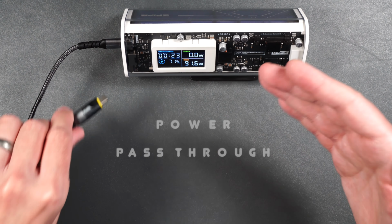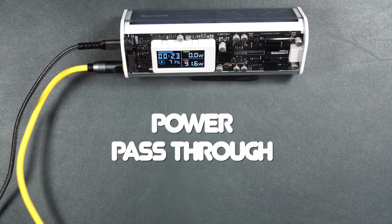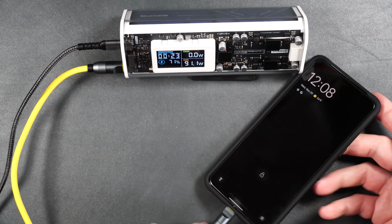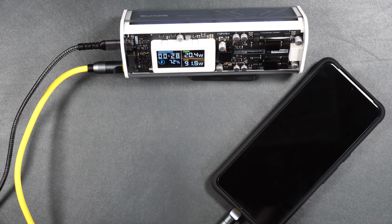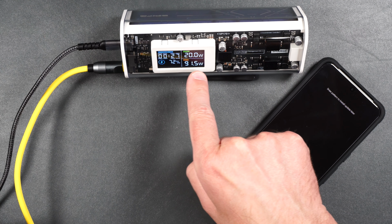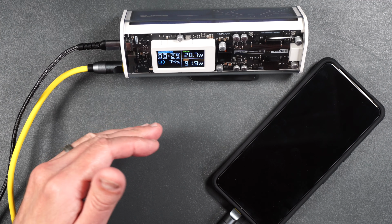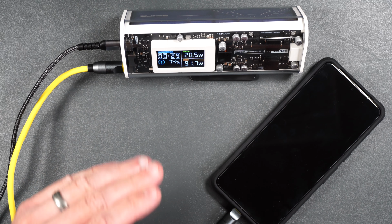Now, as I mentioned before, this also has power pass-through, so you can charge up your devices while the power bank itself is actually being charged. Now I'm going to plug in my Google Pixel 8 Pro. So it's now outputting about 20.4 watts. And the input wattage for the charger has not been changed either, so that's definitely a plus. Now, even though the input wattage has not changed on the charger, the time to charge the power bank has gone up just slightly,